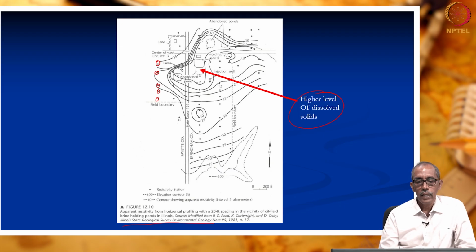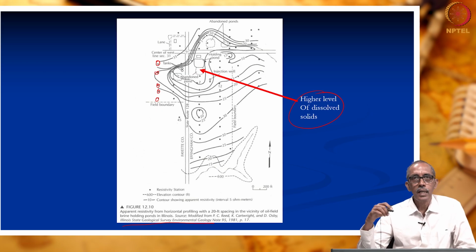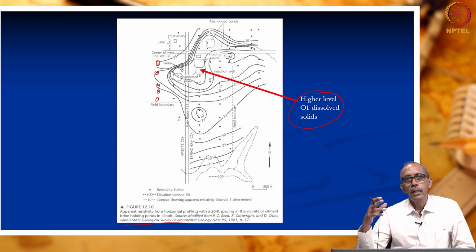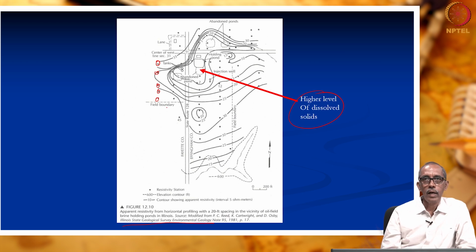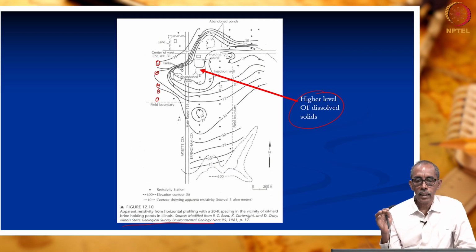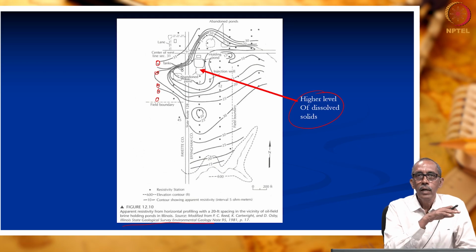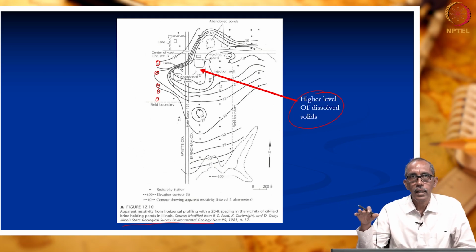They carried out a survey at a site mainly to understand the influence of oil brines in the groundwater. So, at all these black dots, resistivity surveys were carried out. That means the black dots are the center points of the electrode spread where the resistivity survey was carried out. So, we have the resistivity values at certain depths below the surface of the earth.